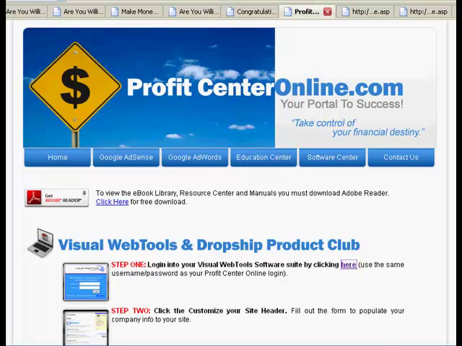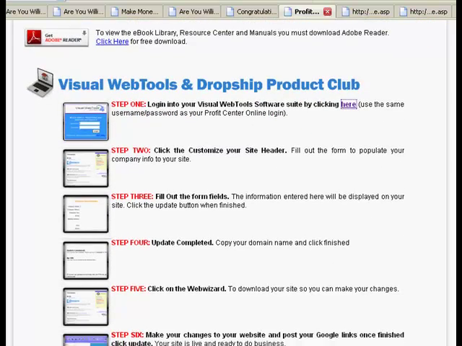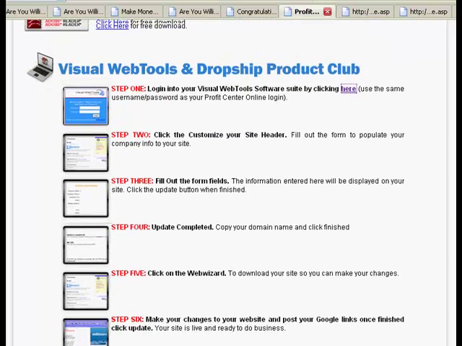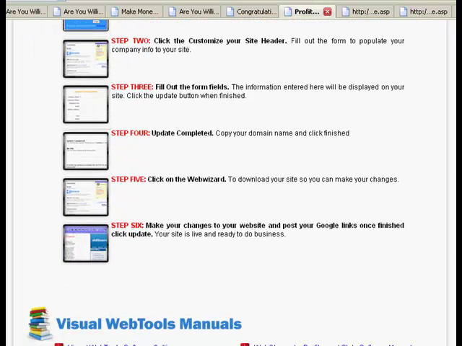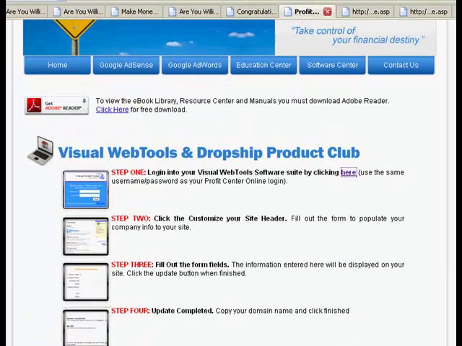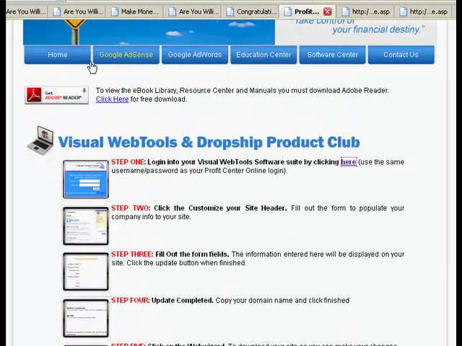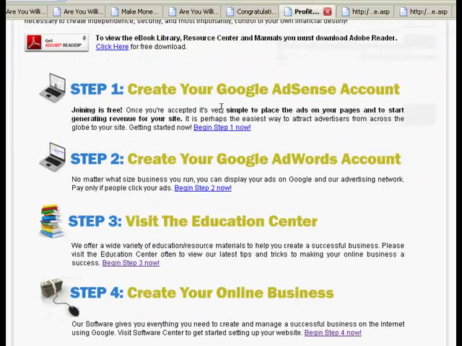This is what my Google thing looks like when I got it and played with it. It has a lot of information you really need to know in order to do what you're doing. What I'm at in the home section here, and what you've got is you want to first create